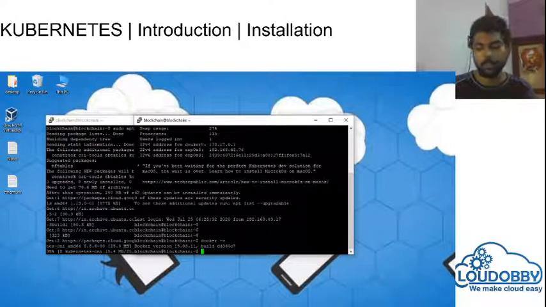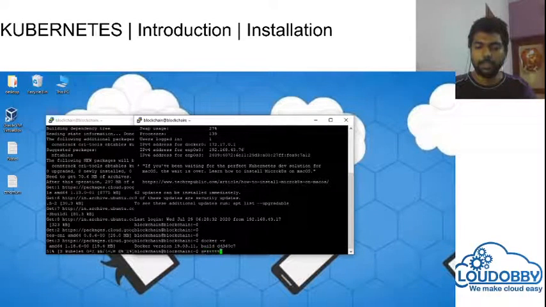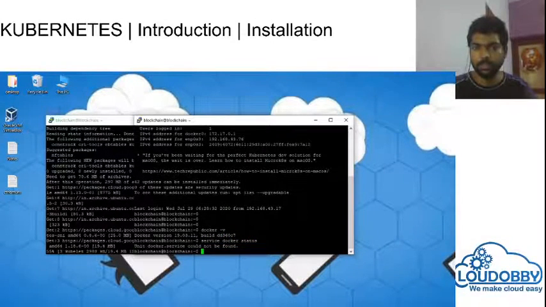If your system doesn't have Docker, you can give sudo apt-get install, or in the latest versions you can also use apt install docker. It will try to install Docker on your machine. You can also check the Docker status to see whether Docker is running or not.